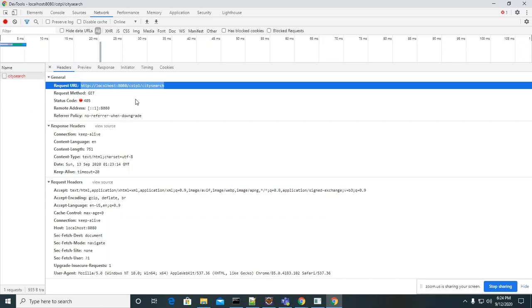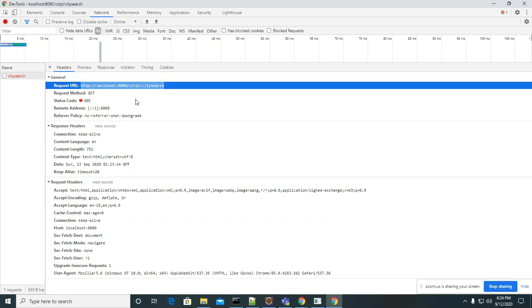The request data has the URL you requested and the input you gave. All data will be there in the request object. So till now we are clear.